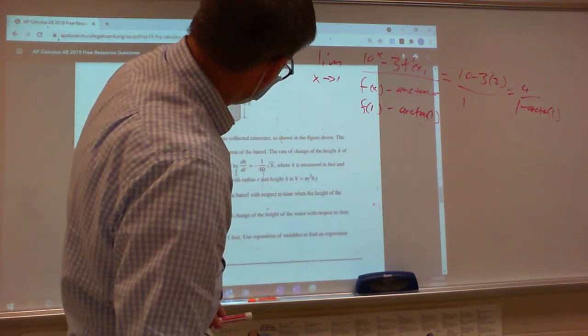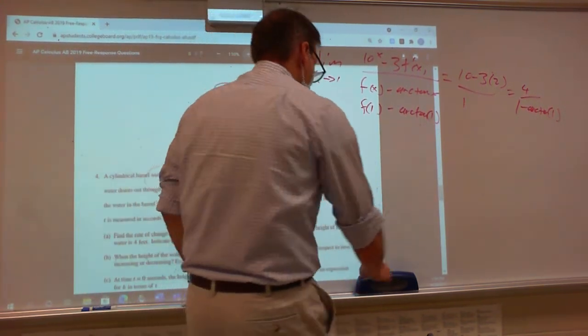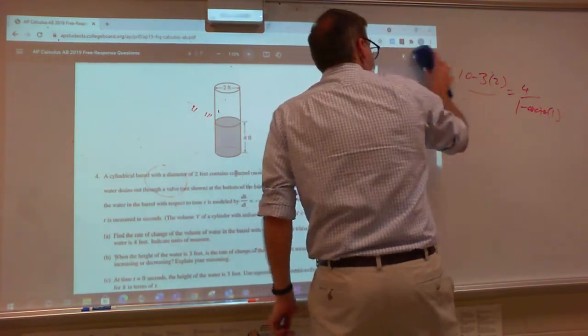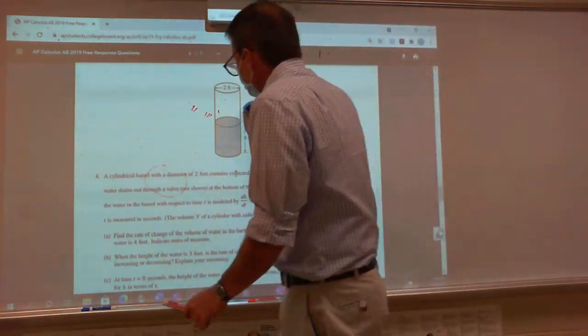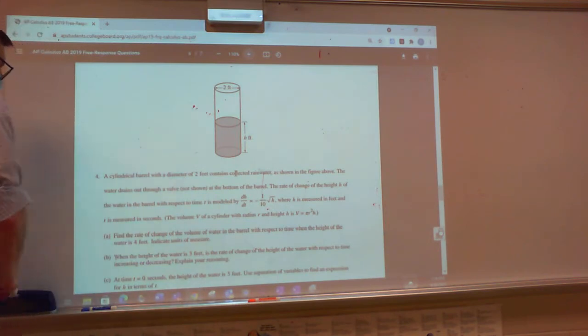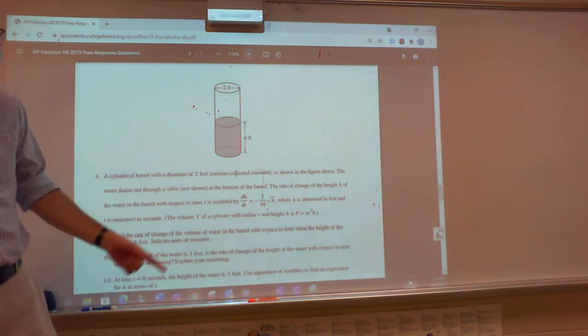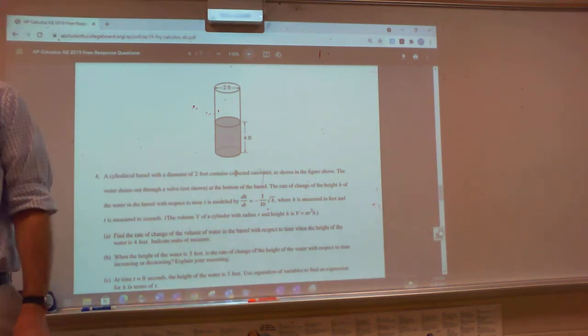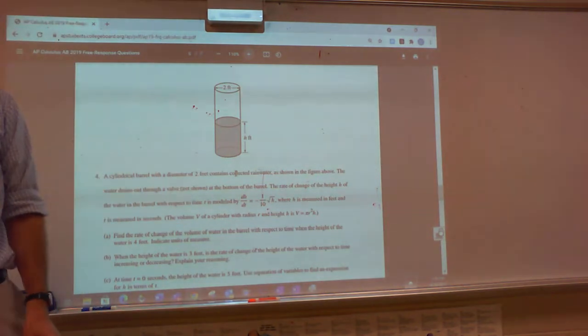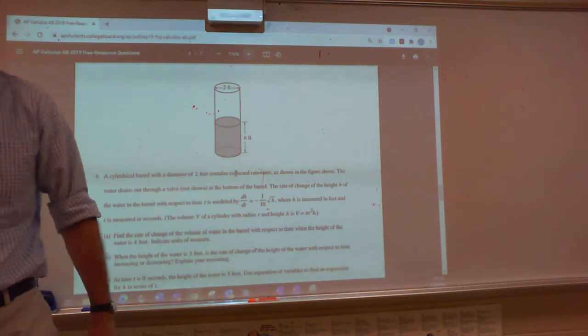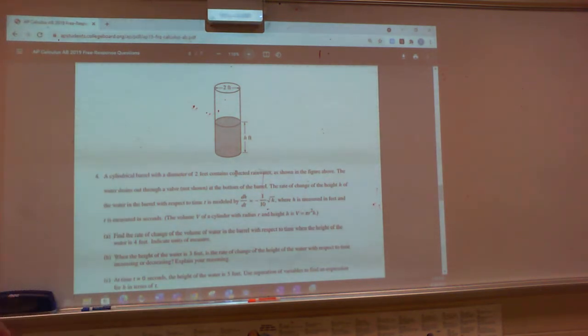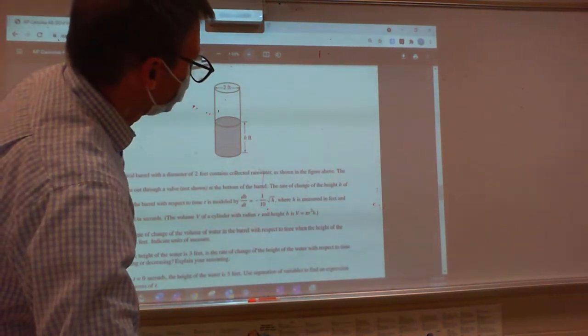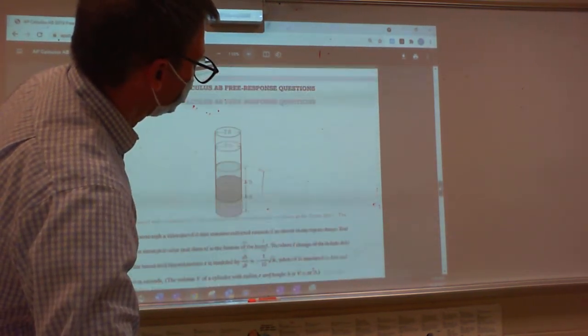All right. This one was tricky too. If you're curious, the ideas they are incorporating here are a related rate and a differential equation problem with some chain rule and other stuff. Okay. So this one